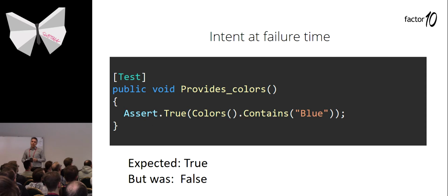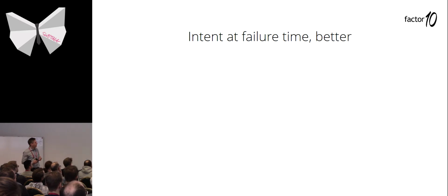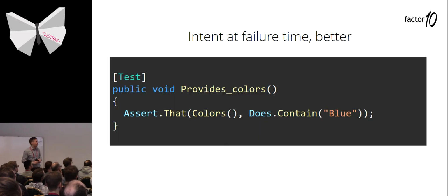And if we have this failure on our build server, what do we know? We have no idea. We just see we have something should provide colors, expected true but was false. We don't know what the intention of that test was or why it fails. If we instead write the test using a proper assertion, assert that colors does contain blue,